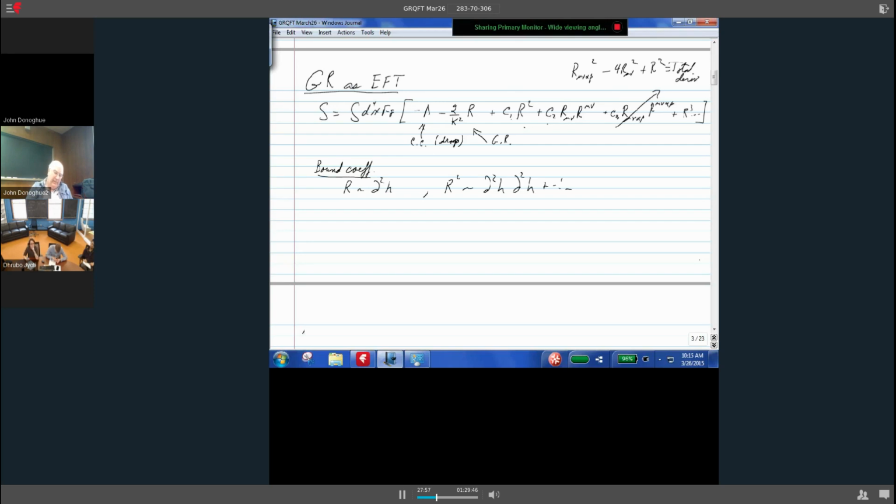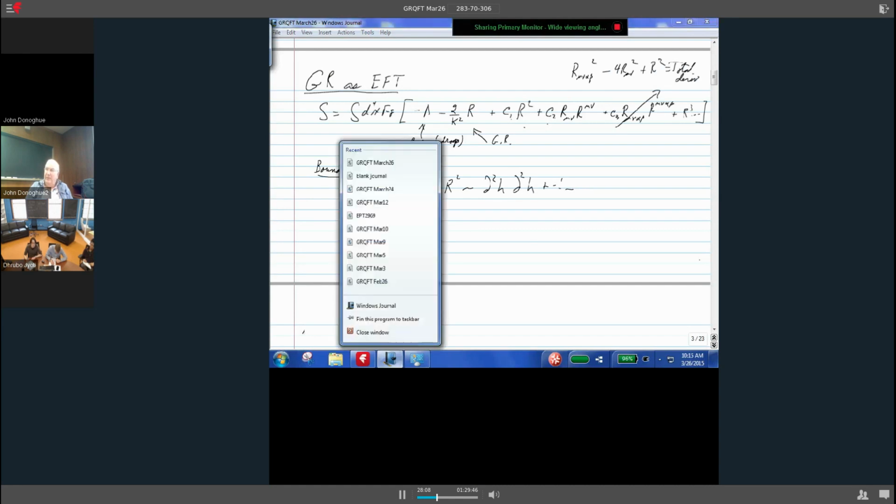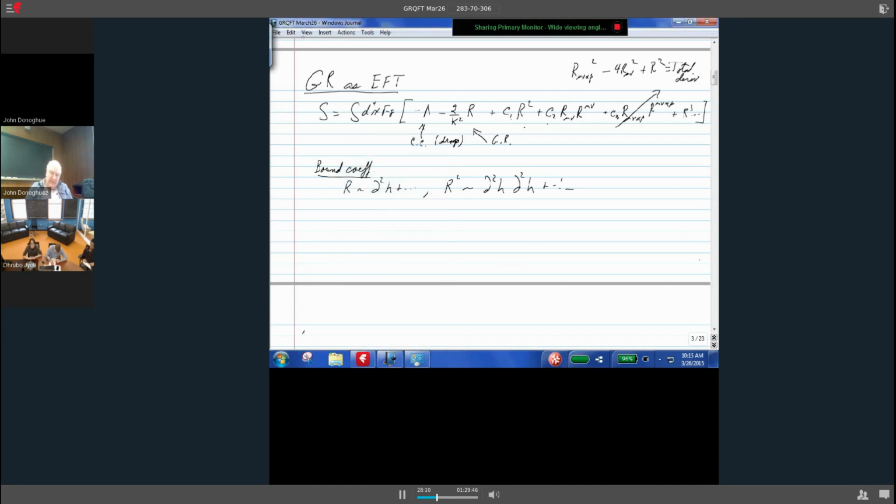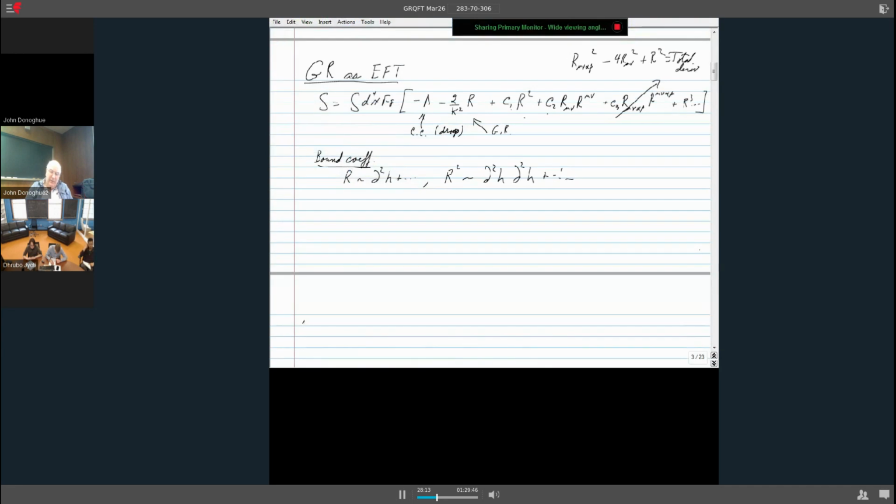The curvature itself starts off like two derivatives on a fluctuation. So then our squared terms look like two derivatives h, two derivatives h of higher order. Okay. So if you were to take these terms seriously and do the equation of motion,